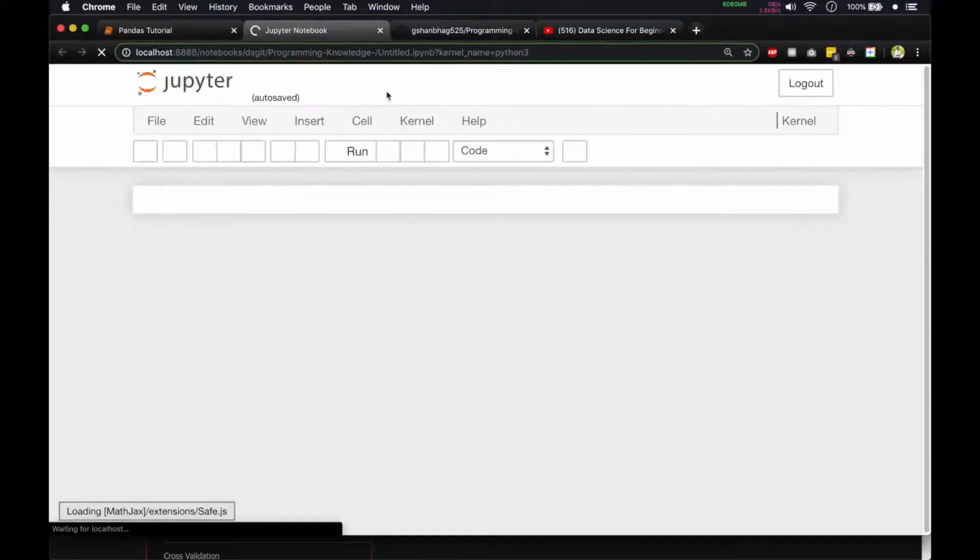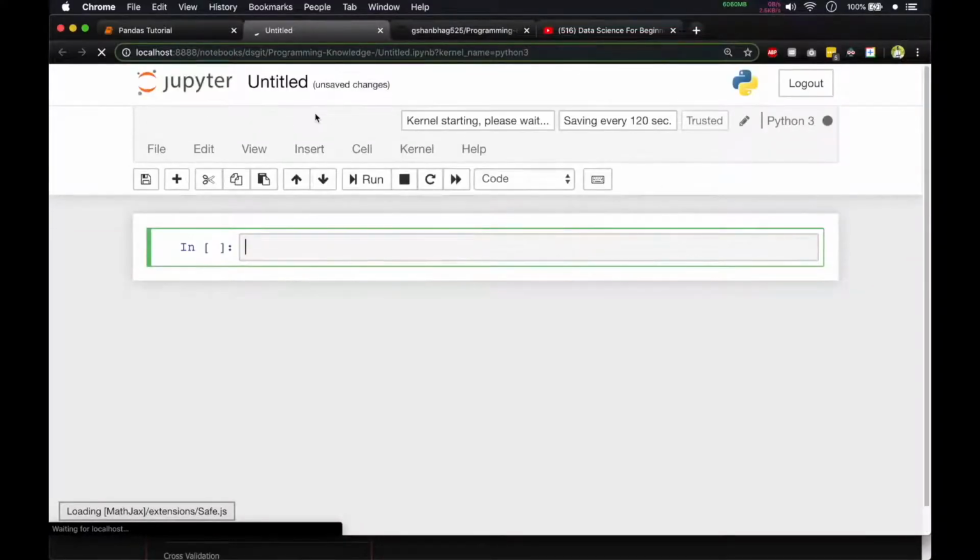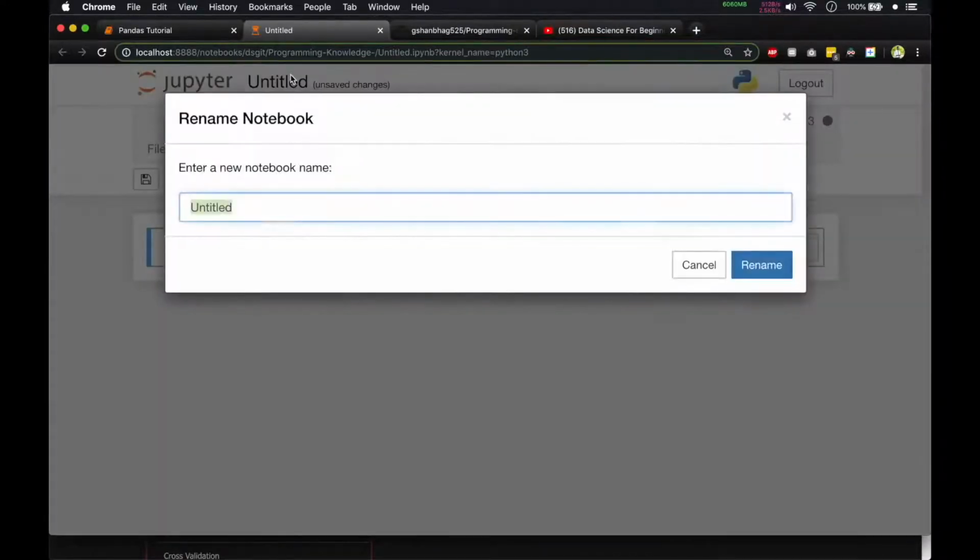So now we'll get to our data visualization using the different libraries like Matplotlib and Seaborn. So I will show them how to do it for the files like CSV, etc. Okay, we got our new notebook. Let's just name it as data visualization